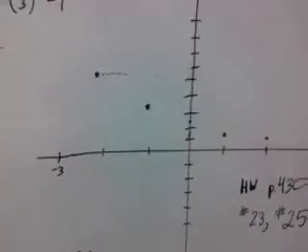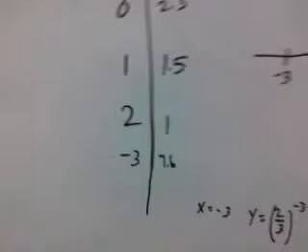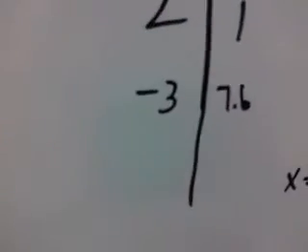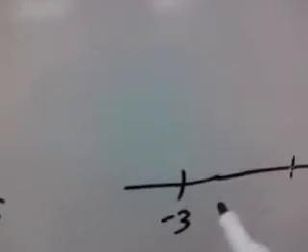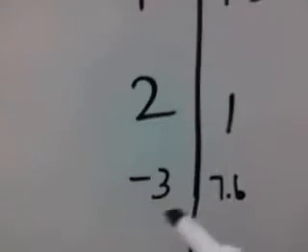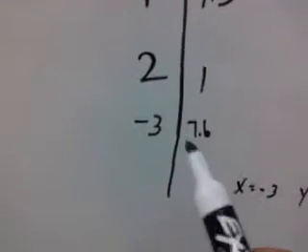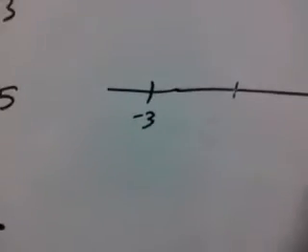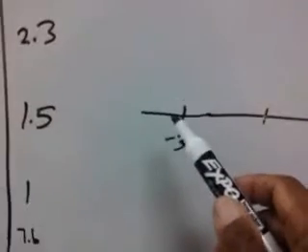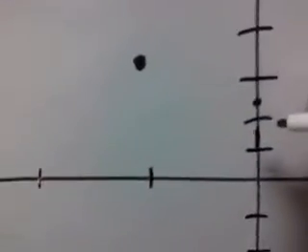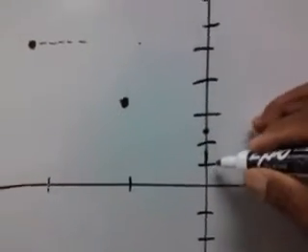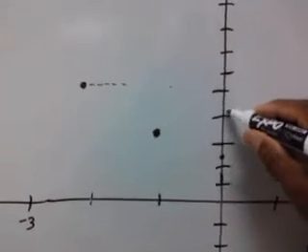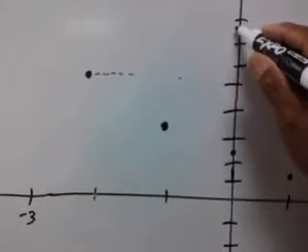So what I had to do, class, I had to add on another point. So I added on -3. So when I substituted -3, I got 7.6. So that means I'm going to go 3 to the left, 1, 2, 3, and then up 7.6. All right, this is 1, 2, 3, 4, 5, 6, 7. So 7.6 would be